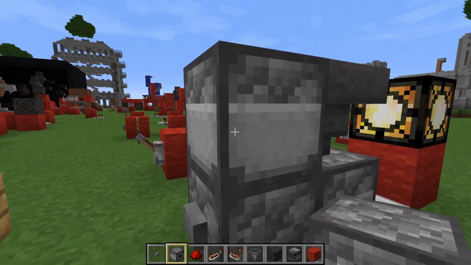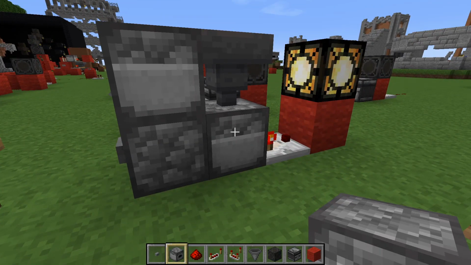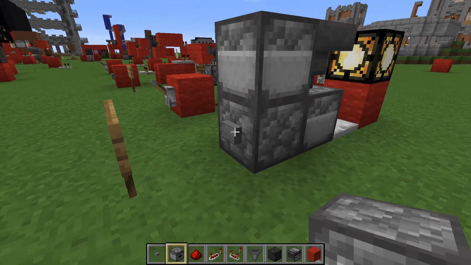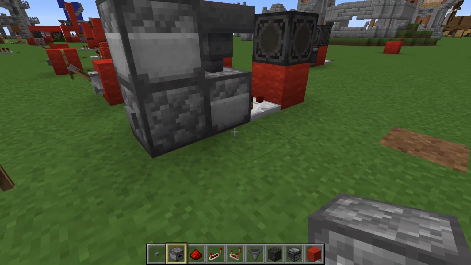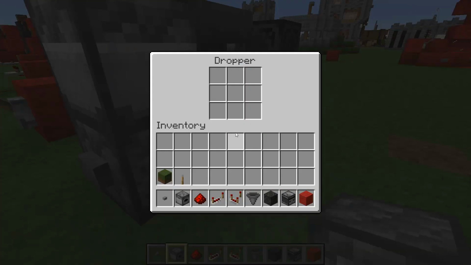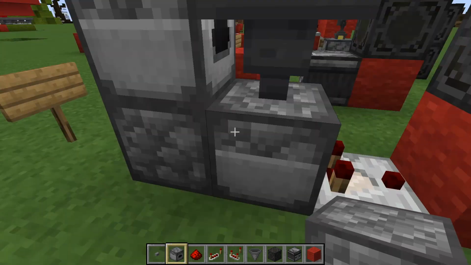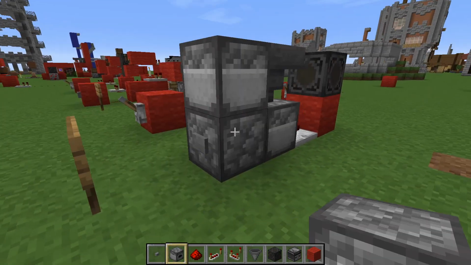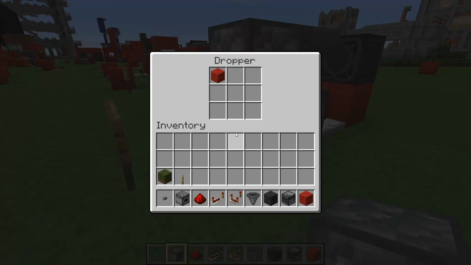All it's doing is sending the item up to this dropper, into this hopper, and into this dropper again. And then it just keeps the signal on forever because it's detecting there's an item inside of this dropper. Then we hit the button again, it's sending the item into this dropper, back into the original dropper. It's so nice, and it stays off because it's no longer an item inside of here. And then we can just keep doing it over and over again. Item goes in a circle. You can do it pretty quickly too.